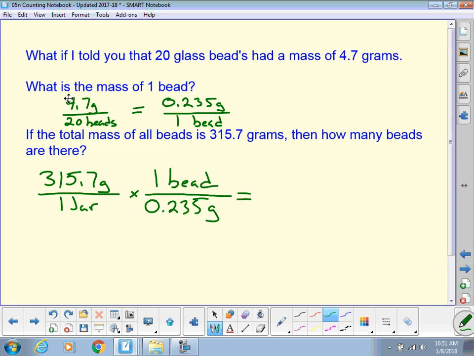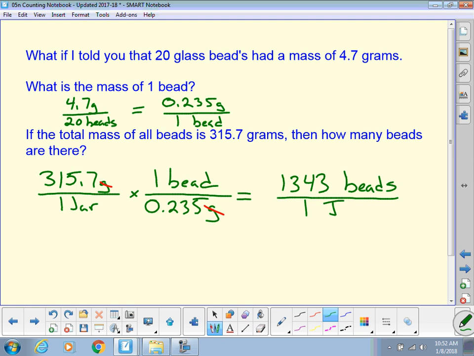So we've got our value, how much mass is in the jar. We've got this ratio that relates the mass of a single bead. If we set this up, gram units cancel out, and we're left with beads over jar. So 315.7 divided by 1 times 1 divided by 0.235. And that calculates out to be 1,343 beads